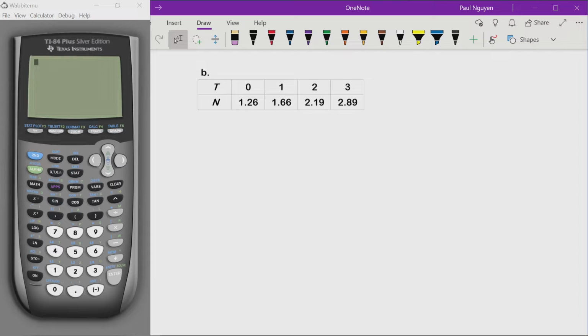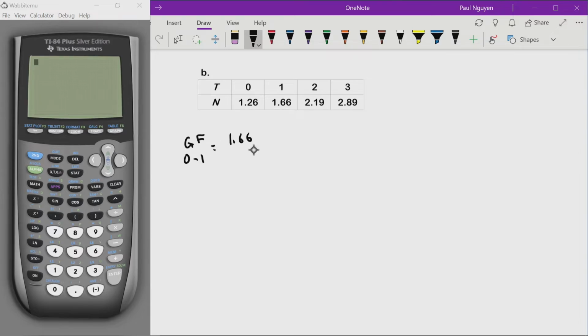Part B, let's check whether or not this set of data is exponential. Again, it's going up by 1 each time, so I'm not going to divide by that. I'll just calculate the factor between each of these data points. Note, again, it's going up each time, so this will be a growth factor. If it went down, it'd be a decay factor. The growth factor from 0 to 1 is going to be